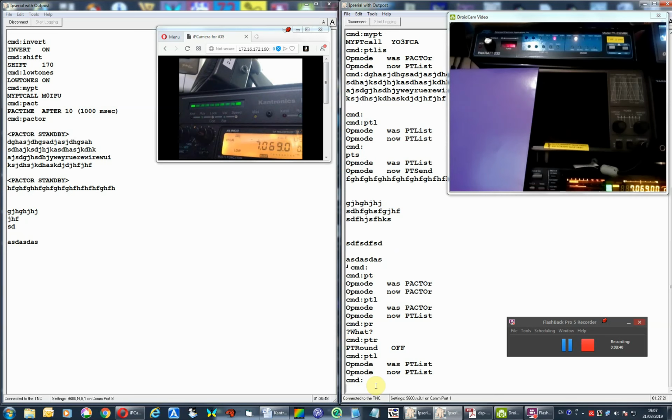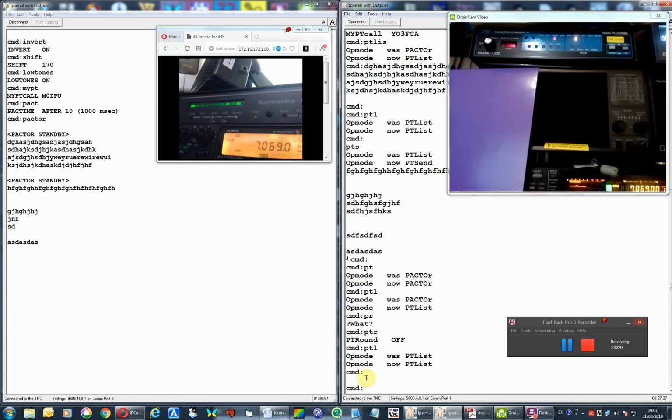You can monitor both ARQ and FEC transmissions. And on the left here, it is Pactor standby, which monitors FEC and incoming ARQ QSO requests. Now, if you want to listen to